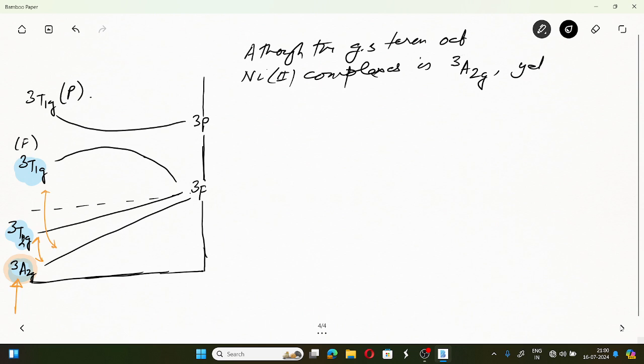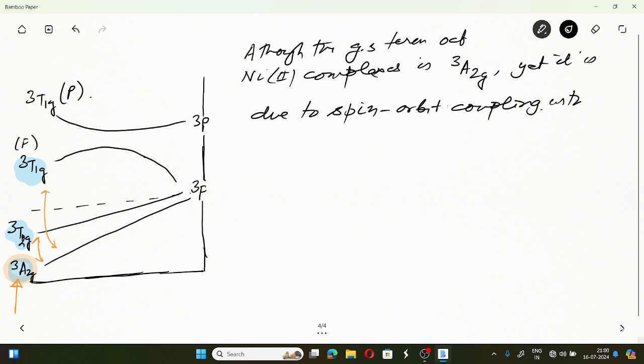Yet it is due to spin orbit coupling. দেখো এই মিক্সিংটাকে খুব সহজভাবে আমরা বোঝাচ্ছি, এই যে ইন্টারাকশনটা হচ্ছে সেটাকে আমরা বোঝাচ্ছি, ইট ইজ ডিউ টু স্পিন অরবিট কাপলিং।